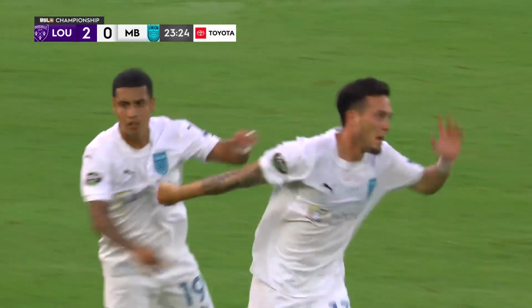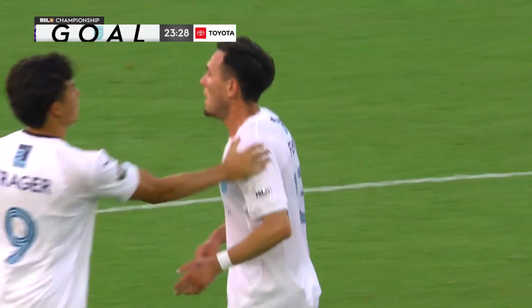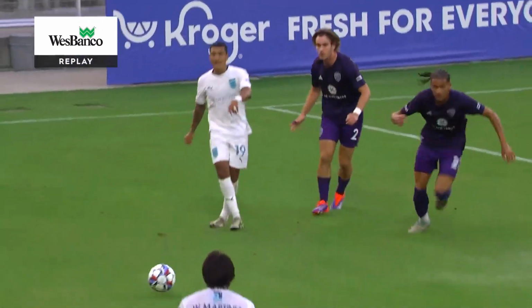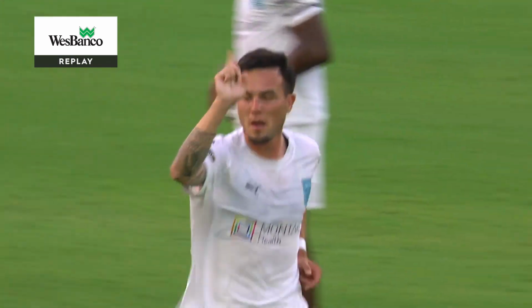Monterey Bay are back in it. After all the pressure they put up with, Moby Fair makes it 2-1. And that is what you needed for Monterey Bay. The response, you cut into this lead and you grab that momentum. You have to start taking some of those opportunities, and this was fantastic for Monterey Bay. They did not rush the service. They allowed the numbers to get forward, and